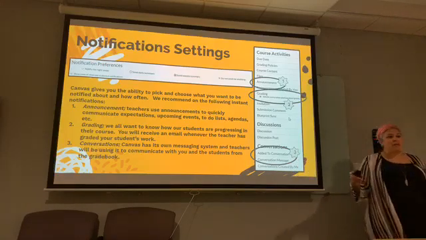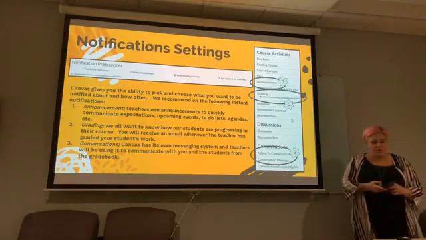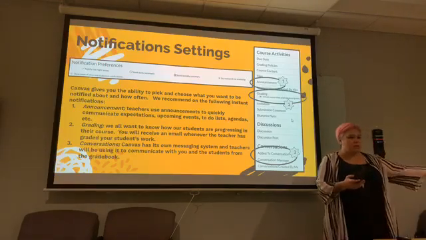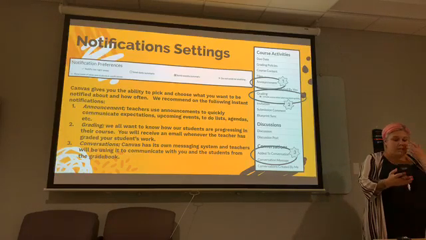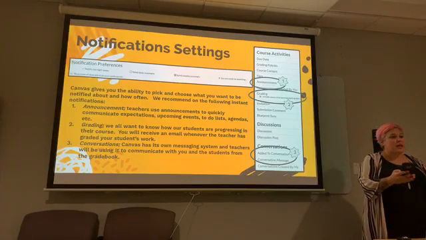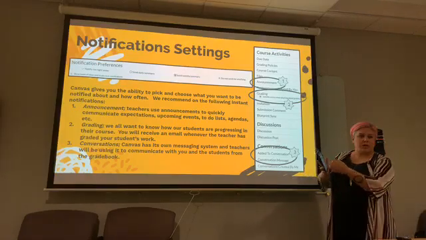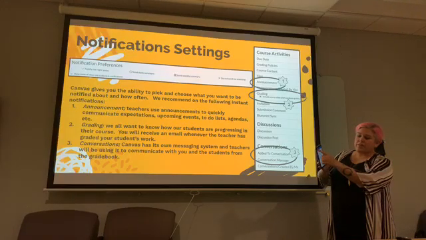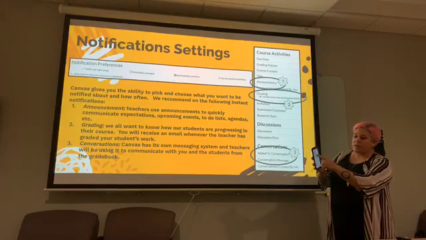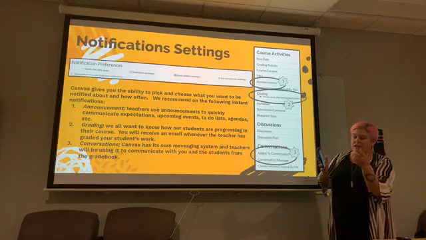So if you're on the app, especially both iPhone and Android now, to get to those notifications, I was going to show you on the screen, but the document camera doesn't work. So to set up what you want, you have to just open up the app so it goes to that screen where it has the list and you pick your student. Click on the three bars and then click Manage Children. You have to do it for each child.